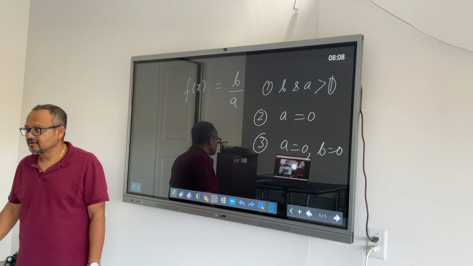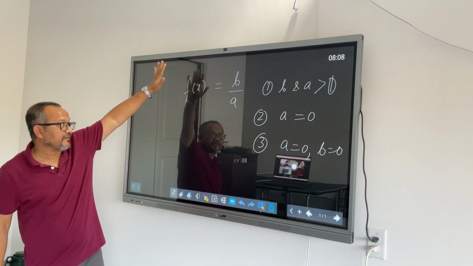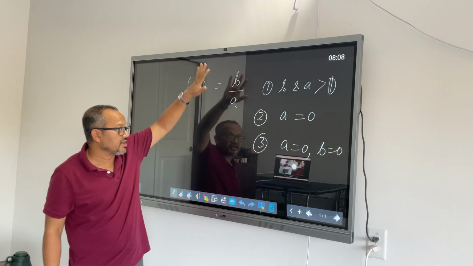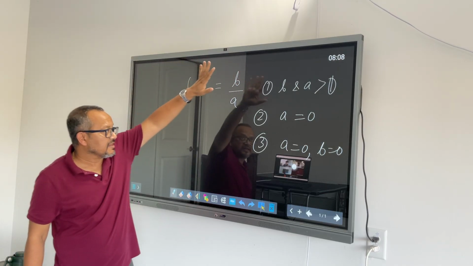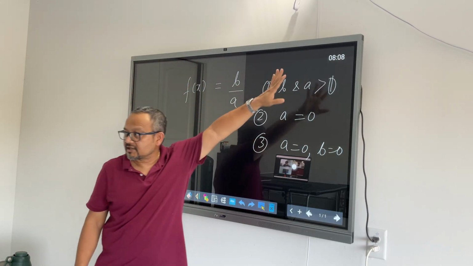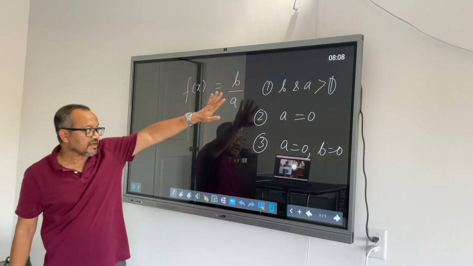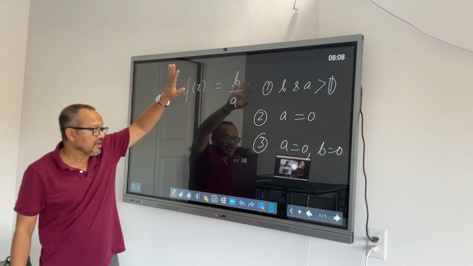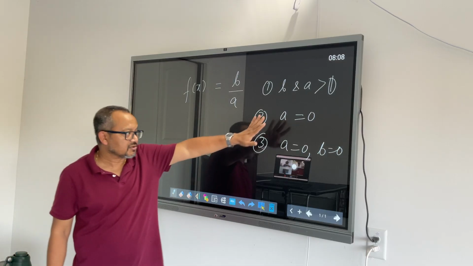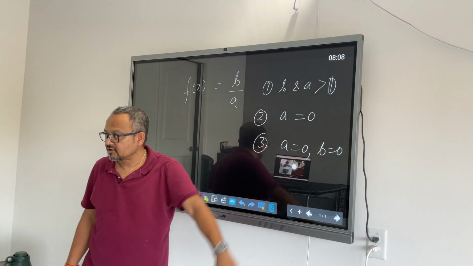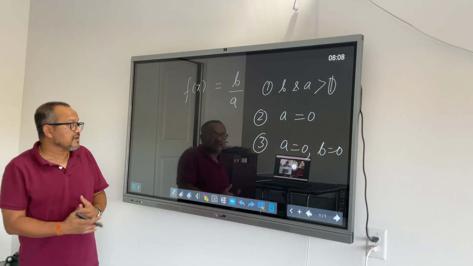I have a function f of x equal to b over a, and there are three scenarios: when a and b both are greater than 0, when a is equal to 0, and when a is equal to 0 and b is also equal to 0. So when you are dealing with any function,